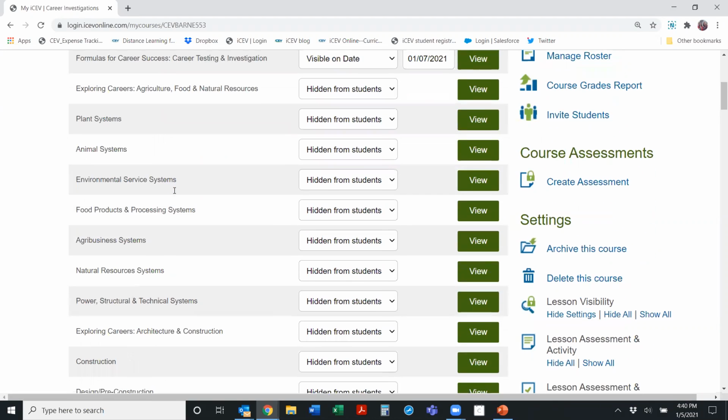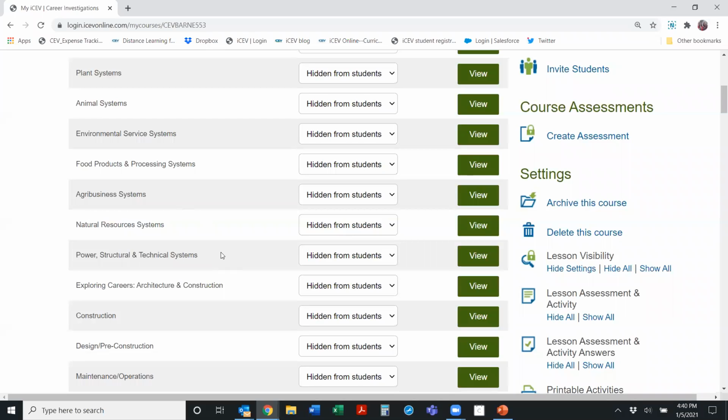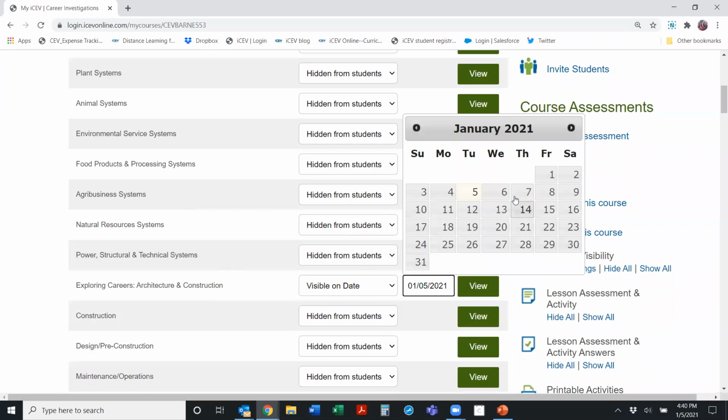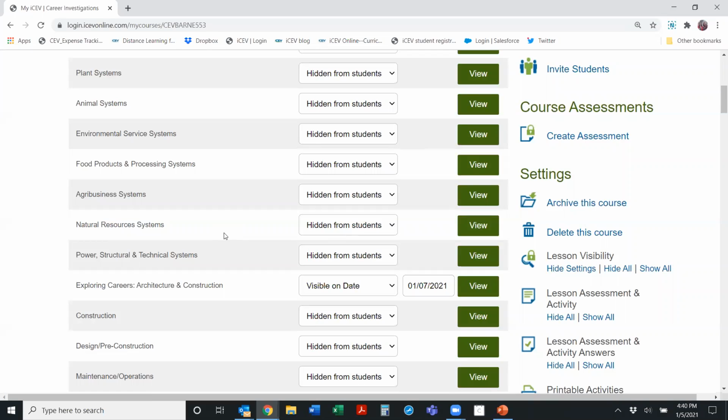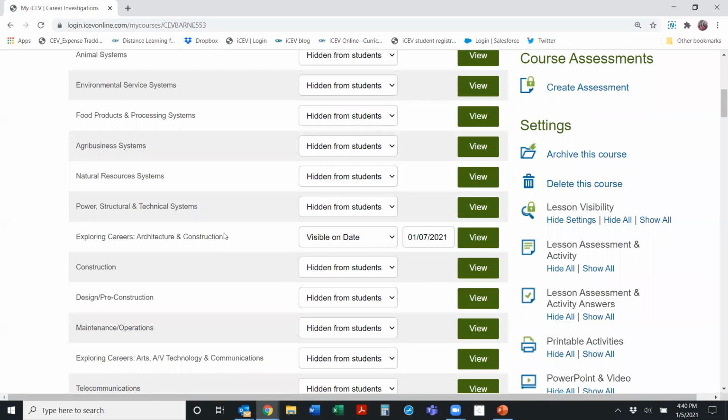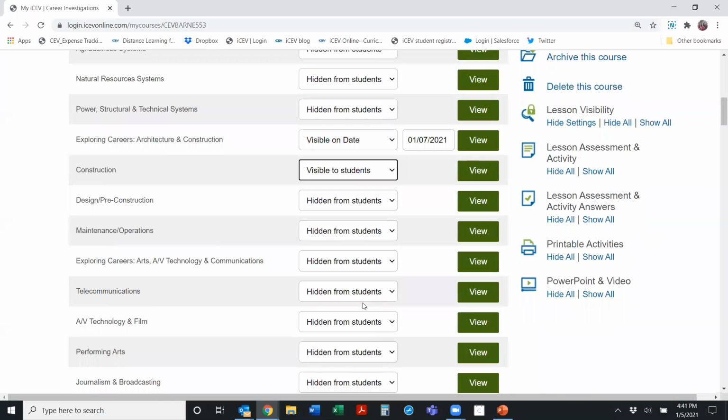And I'll go through here and find all of my pathways. I'm sorry, not my pathways, my cluster lessons. I'm going to make them all available on the 7th so that students can then go explore that path, that cluster a little bit more. But then after that, if I want them to do the clusters, you would absolutely be able to make that available to them. Just turn on visible to students for all of those pathway lessons.